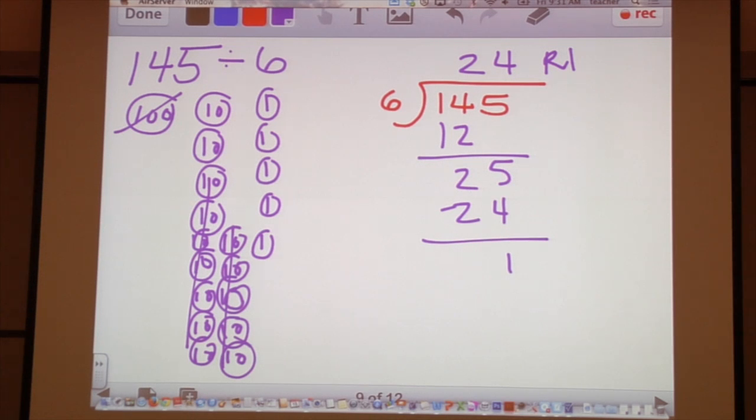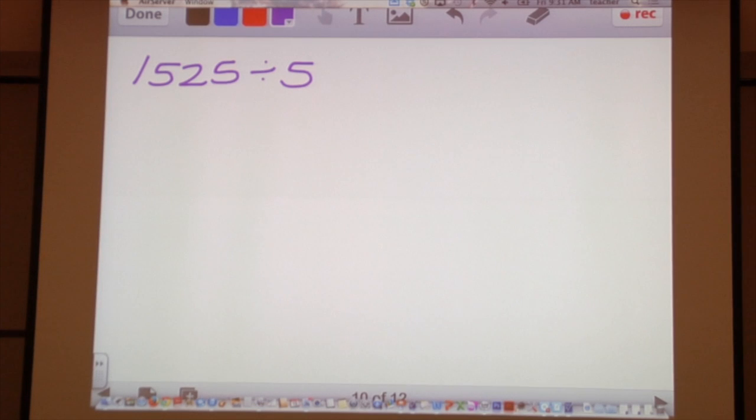Right? And so the modeling starts. That's where we start. We start with those discs. We're modeling. We're breaking hundreds into 10s, 10s into 1s. Then we transition into doing both. We're doing the modeling at the same time as we're doing this kind of standard algorithm that we're used to. And then we transition into just doing this, where we say, okay, I'm breaking